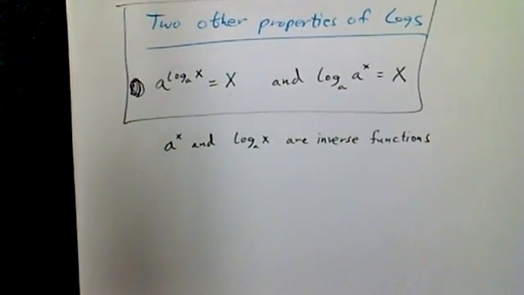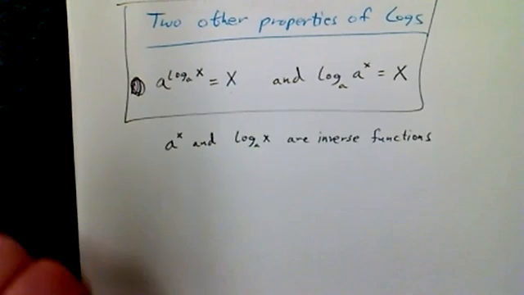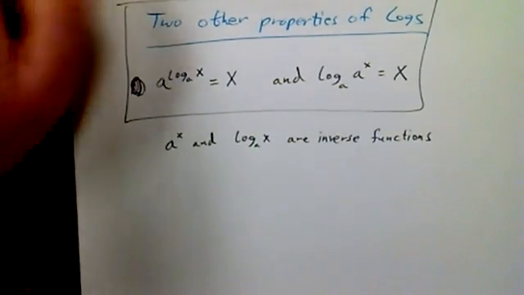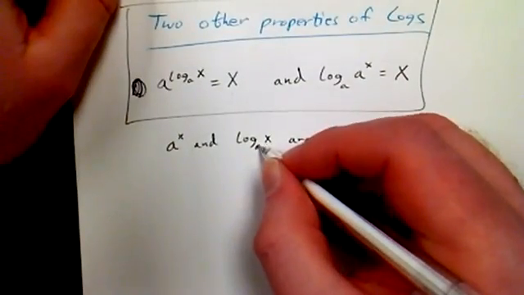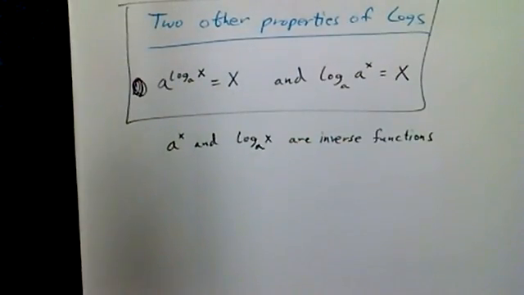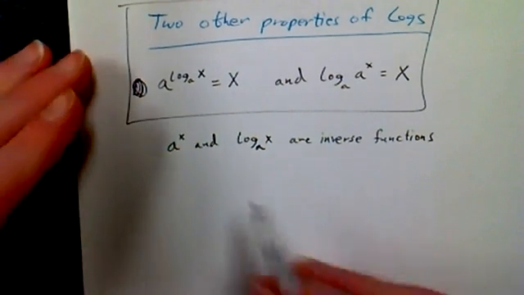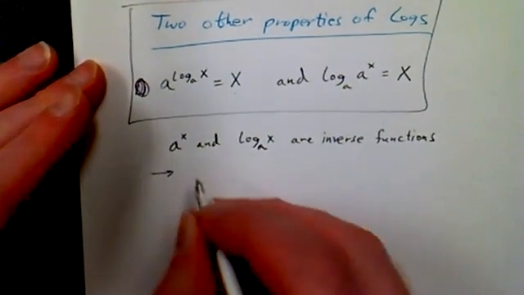But to show why this is, one way you can do it is to realize, if you recall, a to the x and log base a of x are inverse functions, right? Remember we said logarithms are just exponentials that make it convenient for writing the inverse of a given exponential function. If they're inverse functions, we know that